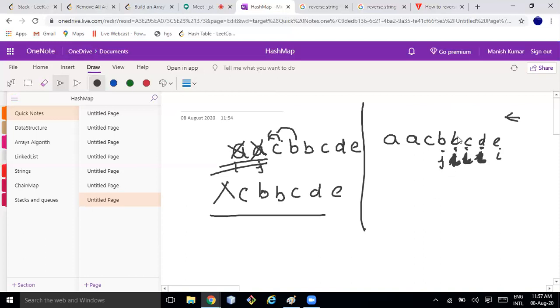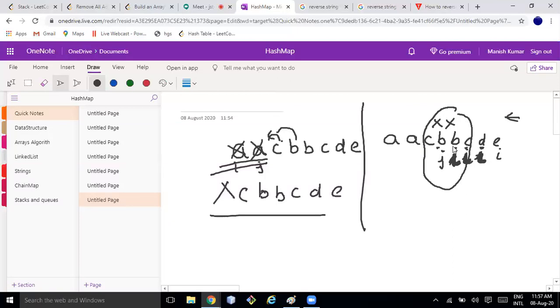Okay, so this B is matching, so I need to delete this B. I need to delete this B in between. How are we going to do it? I'm putting some operation in between the array. If it is directly deleting from the last, it's good, I can delete it.